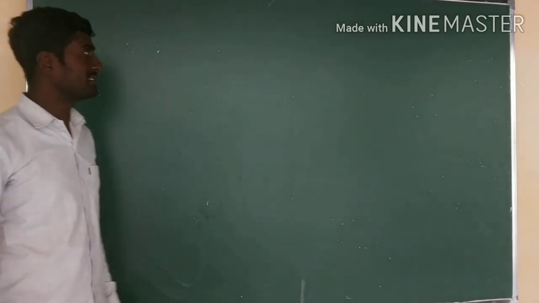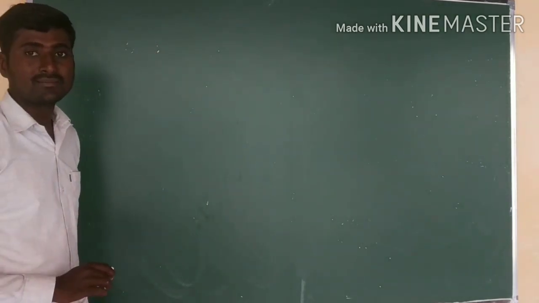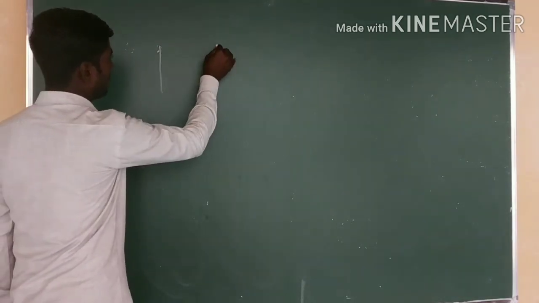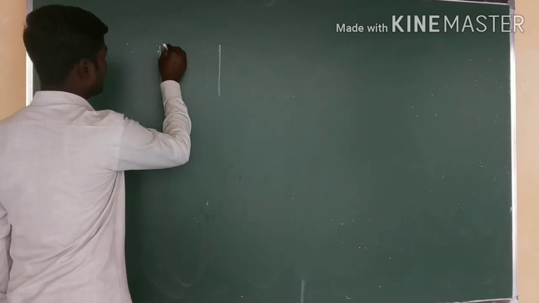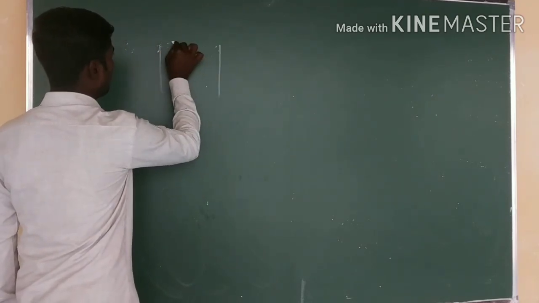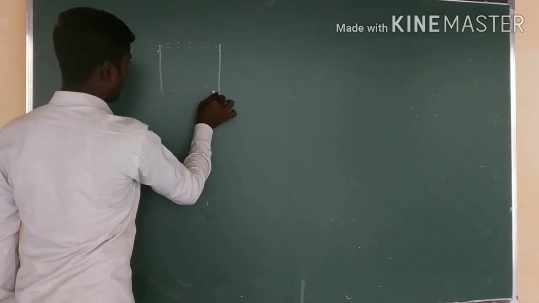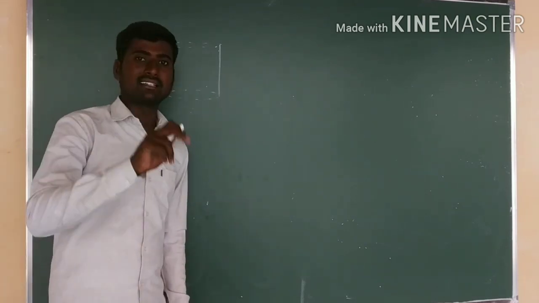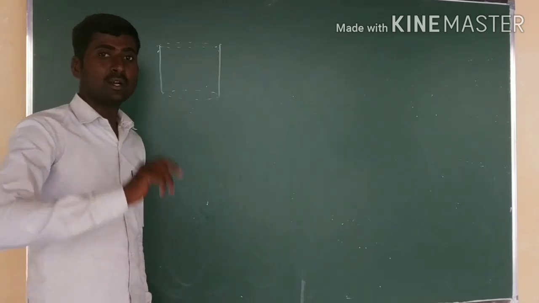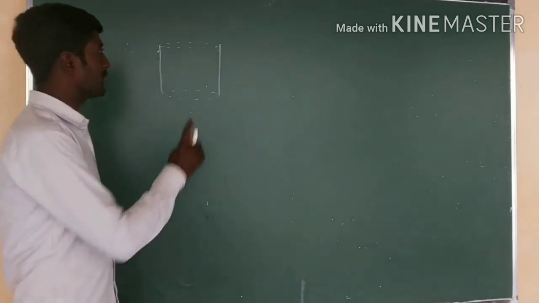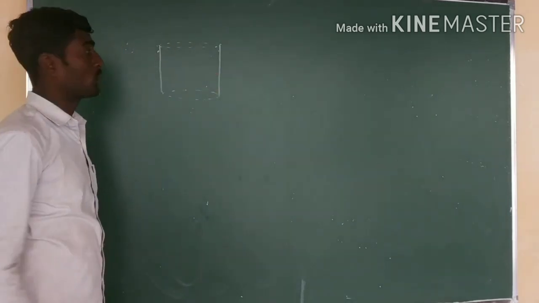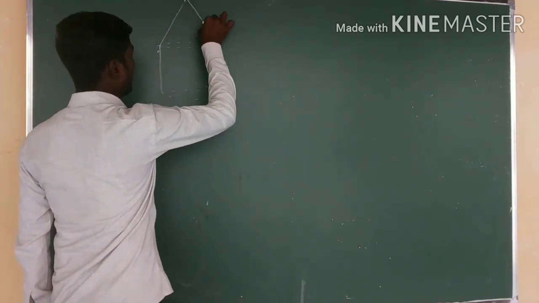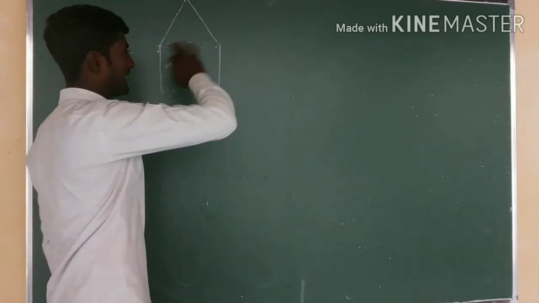So here the tent is in the shape of what? It is cylinder. So let us take the tent in the shape of cylinder. Let us assume this as a tent. Now again this side, this cylinder is surmounted by what? Conical part. Means the top of this cylinder there was a cone. So let us draw a cone. Now this is a tent.